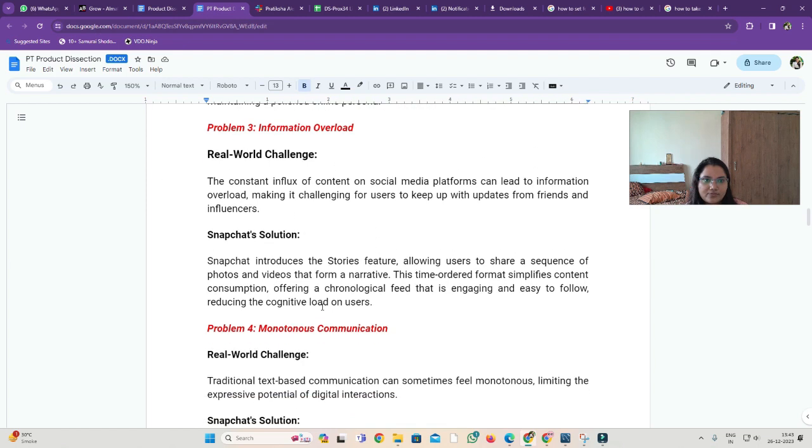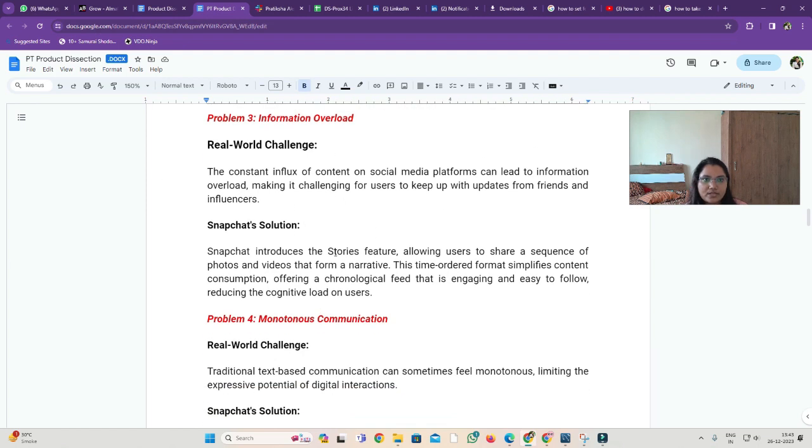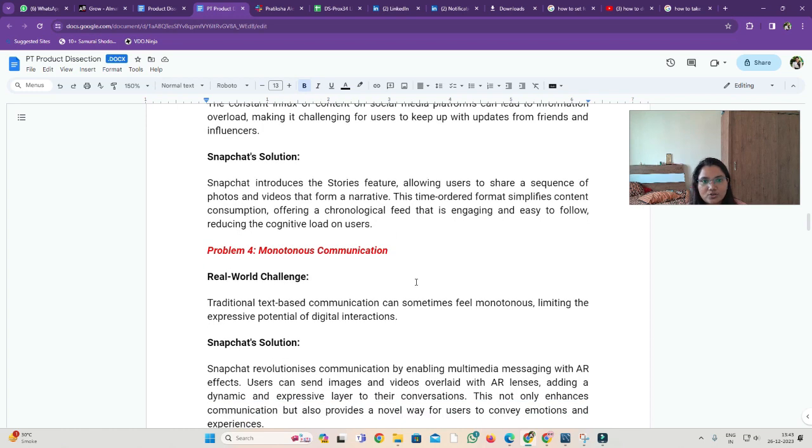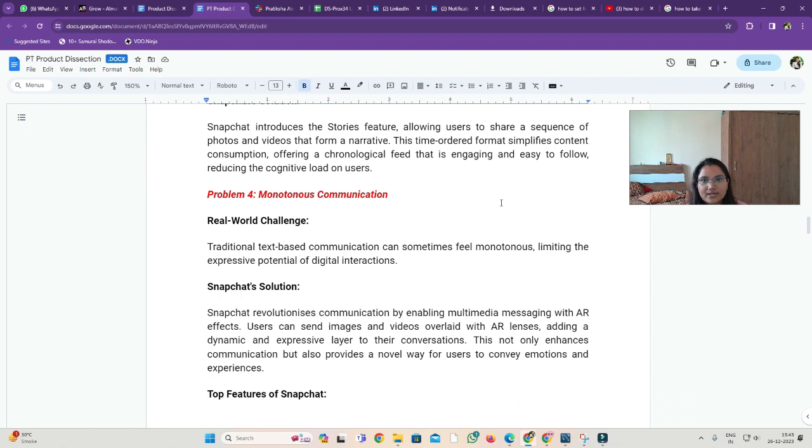And the next one, information overload. The real world challenge was that the constant influx of content on social media platforms can lead to information overload, making it challenging for users to keep up with the updates from their friends and influencers. The solution was that Snapchat introduced the stories feature, allowing users to share a sequence of photos and videos that form a narrative. This time-ordered format simplifies content consumption, offering a chronological feed that is engaging and easy to follow, reducing the